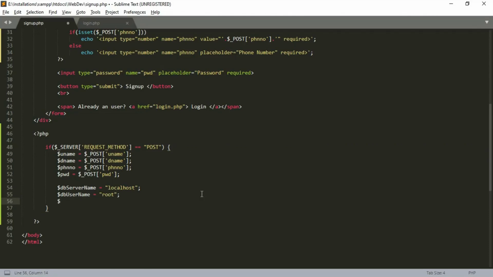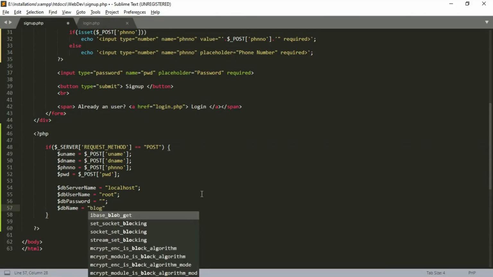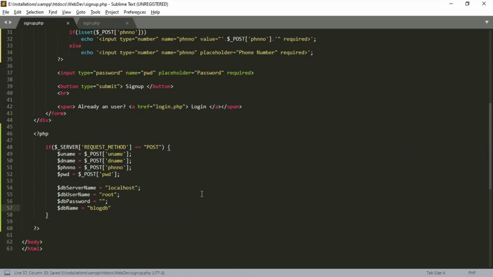And DB password equal to, it's obviously blank. Let's give the database name as blockdb. Note that the database blockdb has to be already created in MySQL. You can run it in the phpMyAdmin.